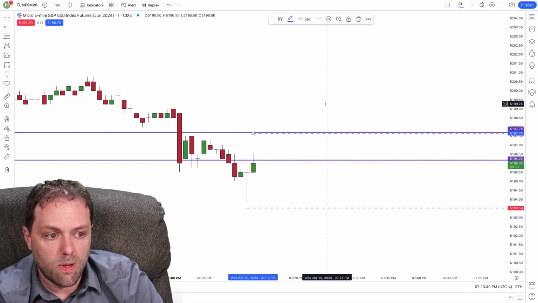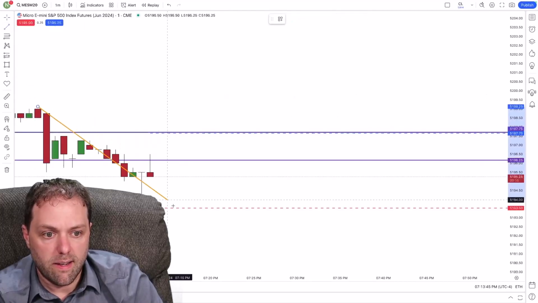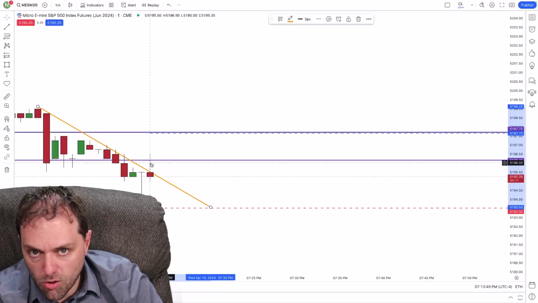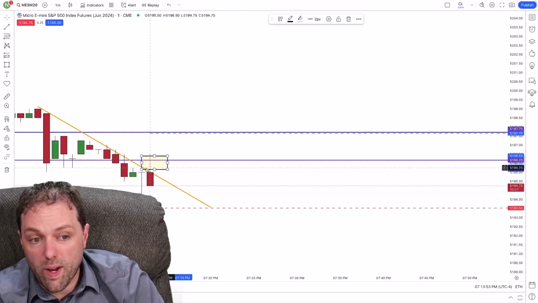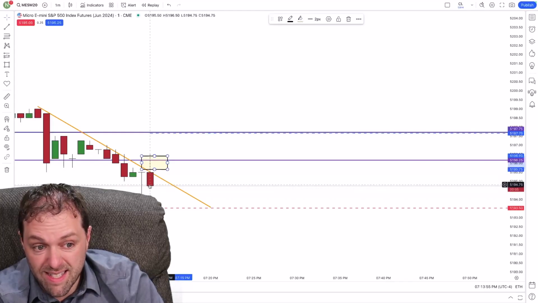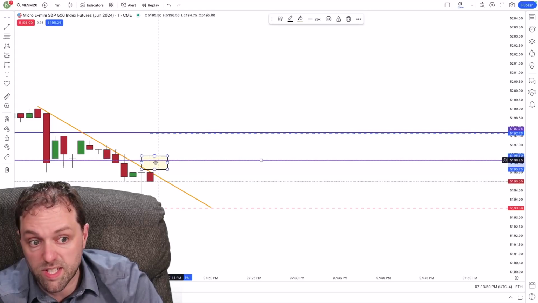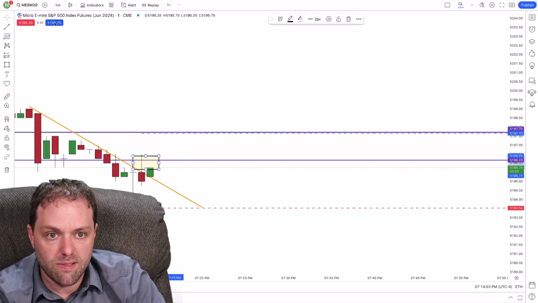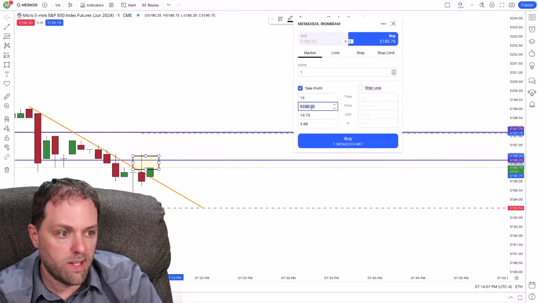So now, if I were to do this trade, we've got a counter trend. It's broken, but it has yet to close above it. Also, we have the market still not closed above this support level, which is now acting as resistance. So in order for me to enter this, I'm going to have this prepared. Put in my criteria,